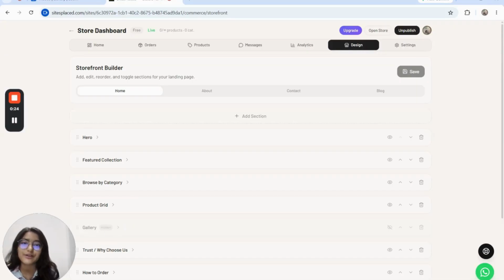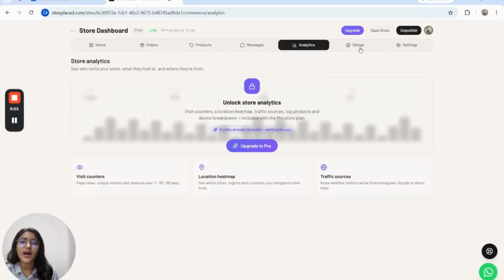Once you are satisfied with the changes, simply click Save to apply your changes. After design, the analytics section provides insights into your store's performance. You can track visitors, sales trends, popular products, traffic sources, and customer behavior to make informed business decisions and improve growth.